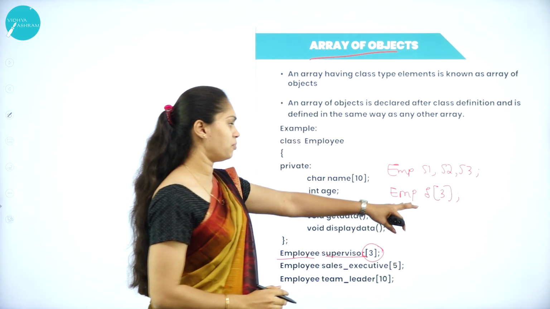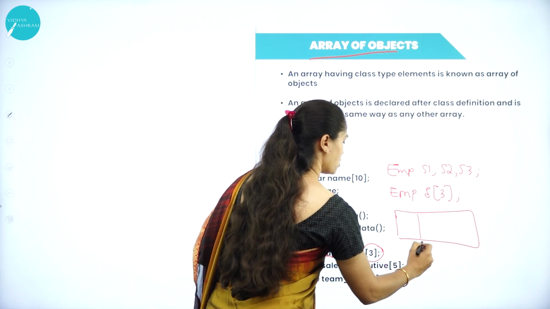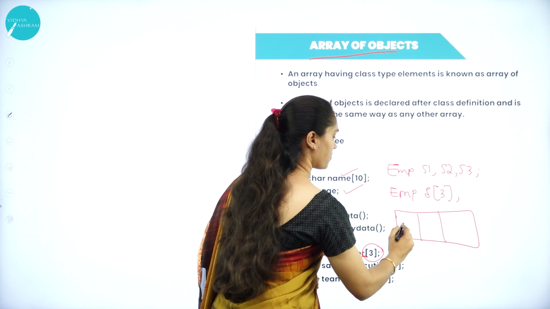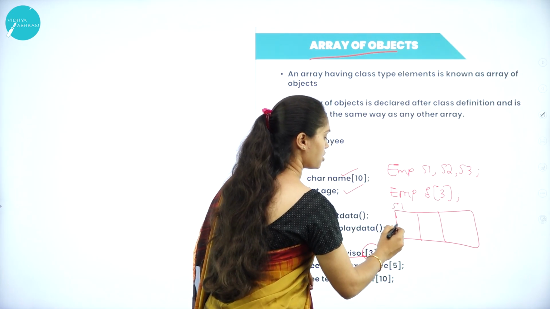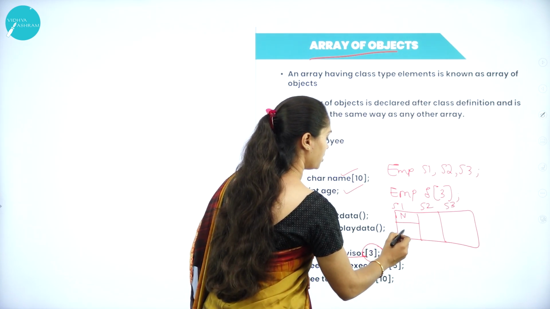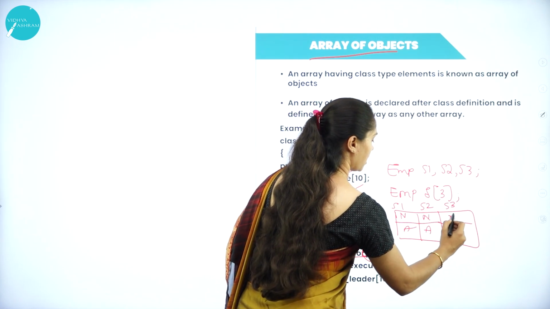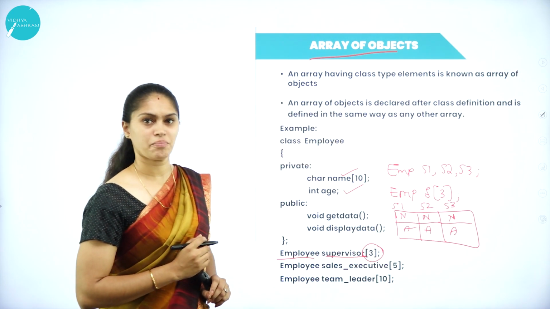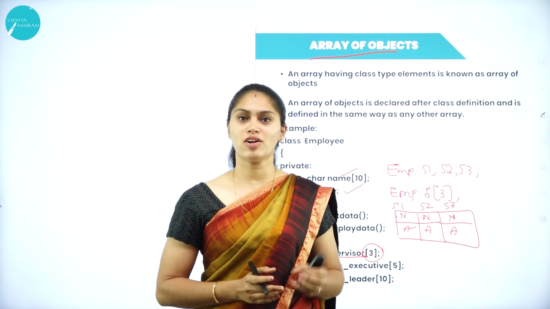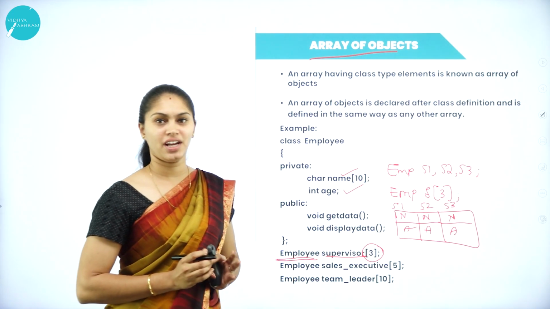Okay, so with the help of this supervisor object, I can store the name and I can store the age of all the 3 employees. Okay, it is going to hold the values of supervisor 1, supervisor 2 and supervisor 3. So it is going to hold the value of name and age. Here also it is going to hold the value of name along with the age. In the same way for supervisor 3. Okay, so if you want to create more objects, this array of objects will help us a lot in order to create an efficient program.